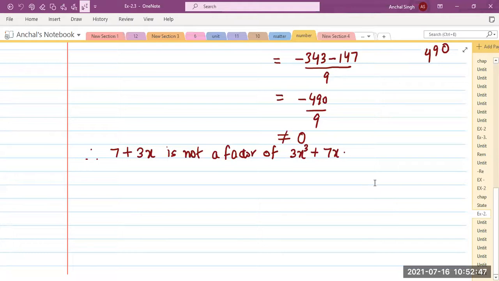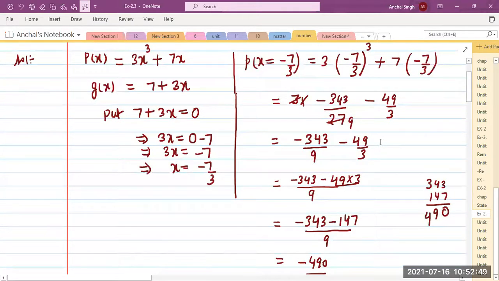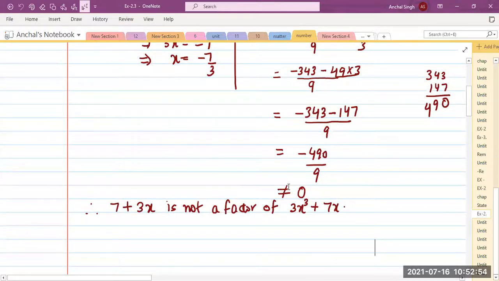Now what is the major difference between remainder and factor theorem? In remainder theorem, whatever remainder comes after solving does not matter to us, but in factor theorem, it will be a factor only if the remainder is 0. If the remainder is not 0, it will not be a factor. Just tell me you have understood this question, yes or no? Easy, right? The only difference is just to check whether 0 is coming at the end. That's it. If it is coming 0, then it is a factor. Otherwise, it is not a factor.